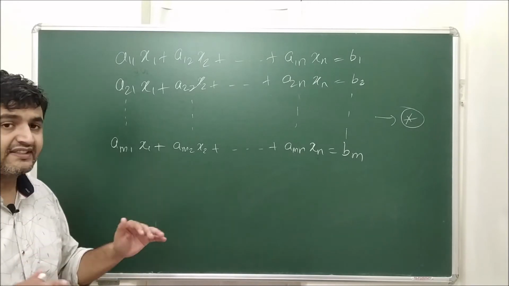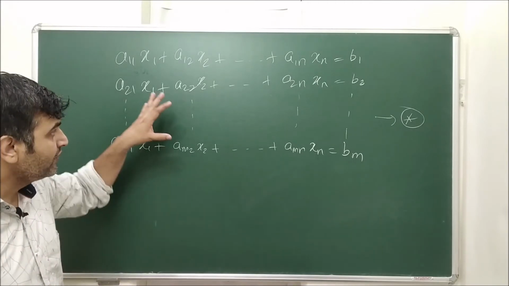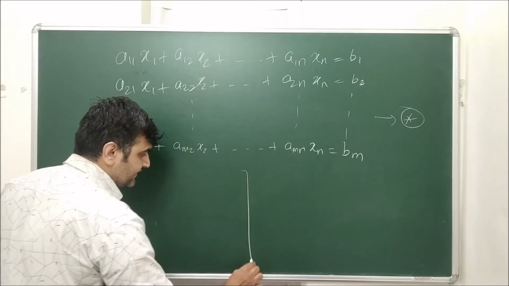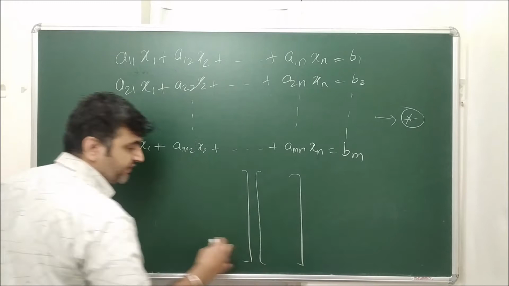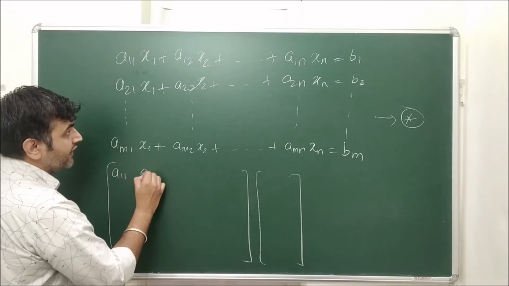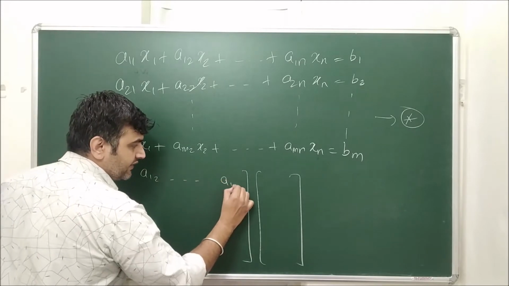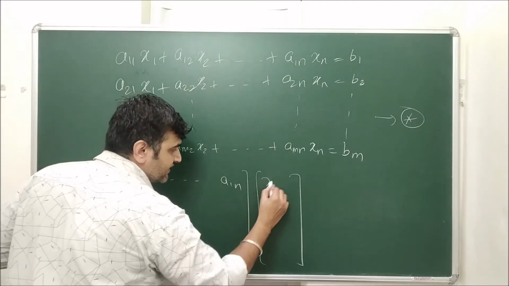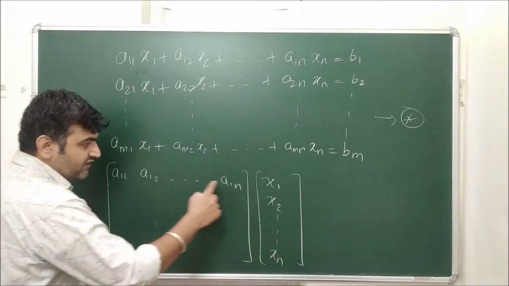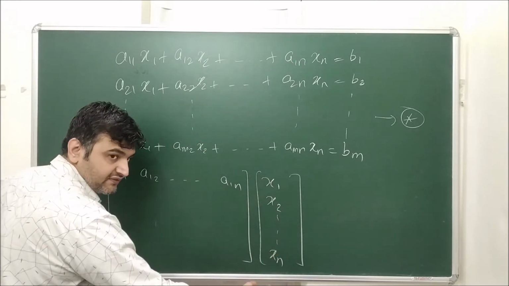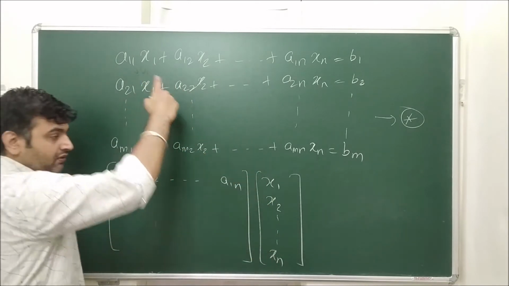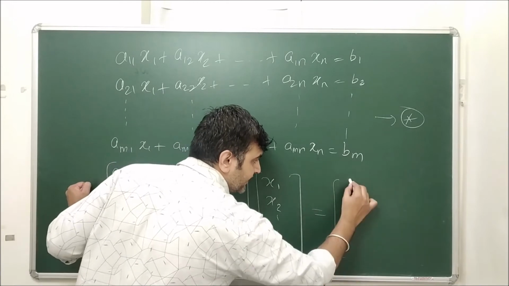Now once you have a linear system, the first step you do is you write this in the matrix form. That means you rewrite this in the matrix form. So first you write down the coefficients a11, a12 up to a1n, and that is multiplied by the variables x1, x2 up to xn. If you do this multiplication, first row with this first column, the multiplication is nothing but the left hand side of the first equation, and equal to, I am writing it as b1.